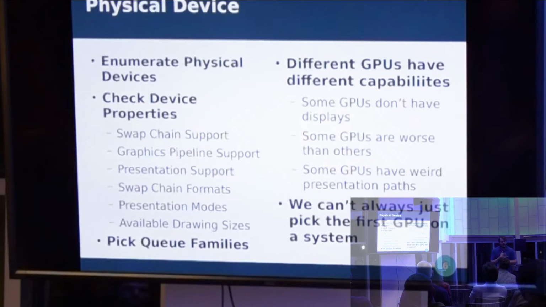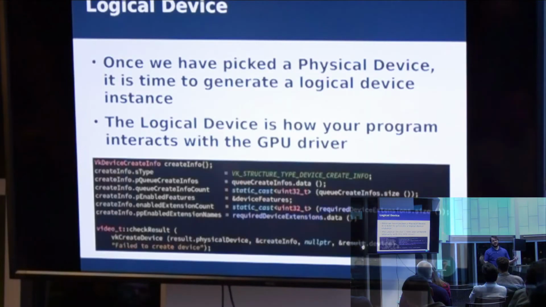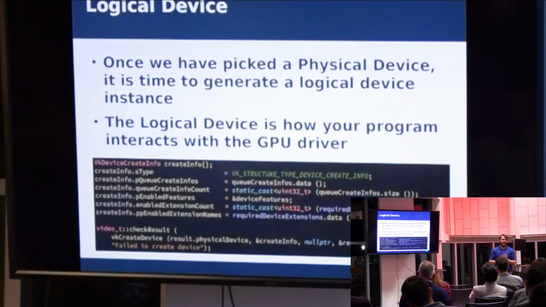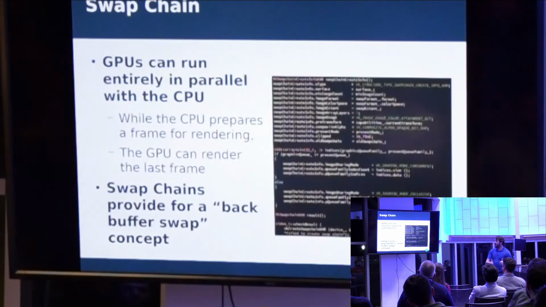Once you've created your instance, you can go ahead and create a physical device. A physical device, you have to enumerate all the ones on the system. A physical device is the GPU. You have to check the properties. The reason that you enumerate these is because different GPUs have different capabilities. I'm not going to get into it. So a logical device is the actual interaction of your program with the driver. Once you've created a logical device, if that succeeds, you are wonderful, you're good to go, you can start creating